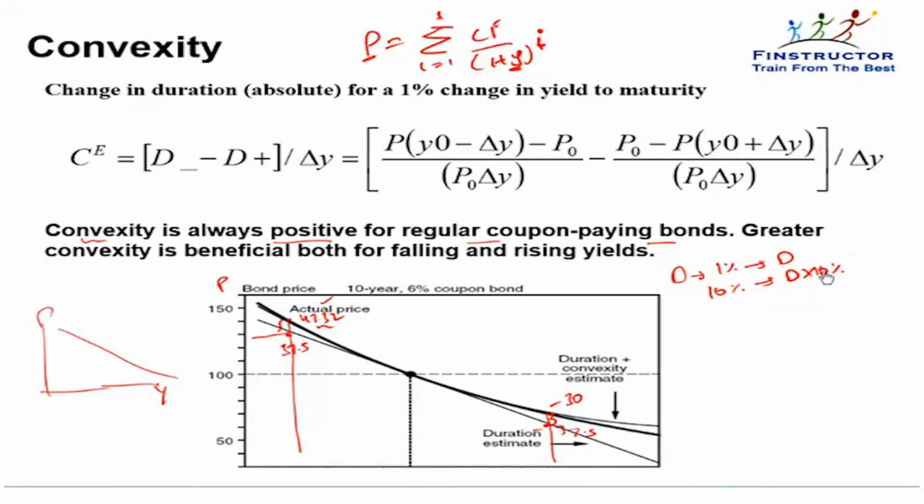So after 1%, we would have had to multiply by a different duration. But we don't do that. We multiply it with the same duration that we did for a 1% change. And that is why duration becomes an approximation, or it does not give us the right answer, because duration itself keeps changing as yields change. So you do not need to remember the formula like you did for effective duration, but remember, it is the absolute change in duration for a 1% change in yields.